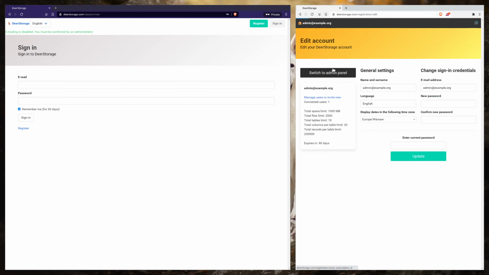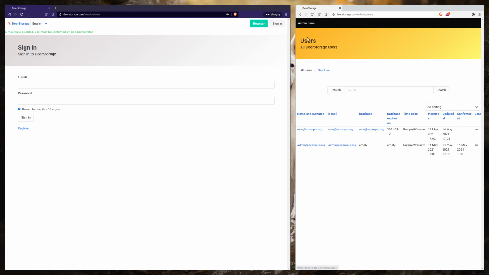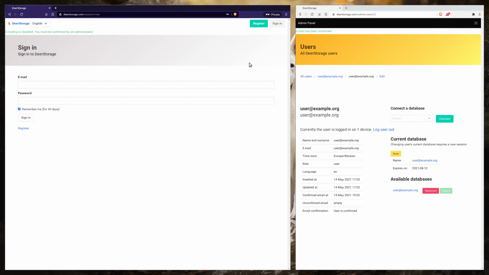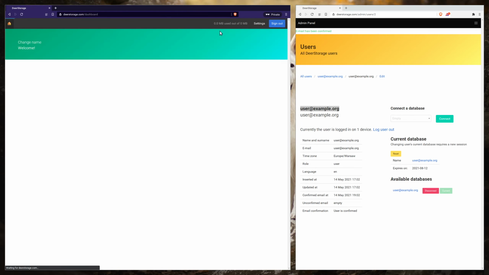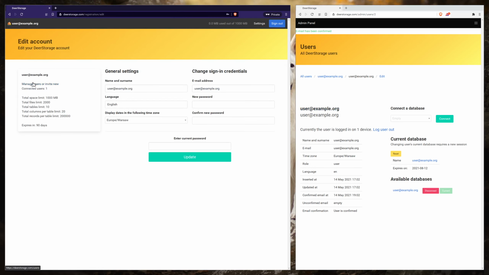What does it mean? It means that you have to switch to admin panel, go ahead and go to users, and there we can see our user, and it is not confirmed. So we're gonna confirm this user, and now we can log in as this user. But we cannot collaborate because our databases are completely separate. That's why I'm gonna invite